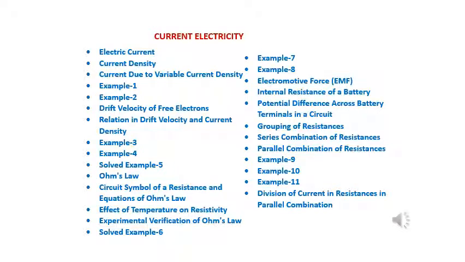Hello, my dear students. We're going to start the next chapter, current electricity. You have gone through this chapter in your early classes, like in 10th class, so you have a little bit of an idea. We'll go into the chapter in a little more depth in 12th standard. This will be the lecture flow of this chapter, current electricity. Actually, it is the sub-chapter of electric current and its effect.